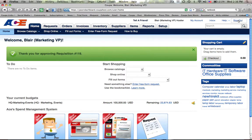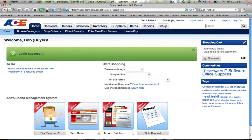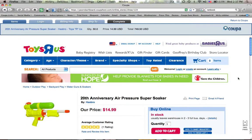But what we're going to do now is log out as Blair, log back in as the buyer on the organization to demonstrate the Coupa iBuy functionality. So Bob Jenkins, our buyer, goes in and he's going to look at the outstanding orders, and he sees those 3 items there from Ellis, and he basically clicks on the nice little icon there that says complete online order, and you'll see he's transported to Toys R Us, and we put a buyer bar over the top of that exact page on Toys R Us where the water gun is, and you'll see that all of the information that